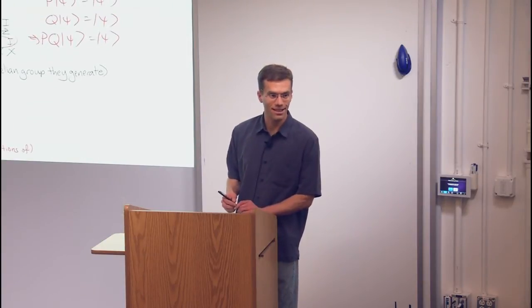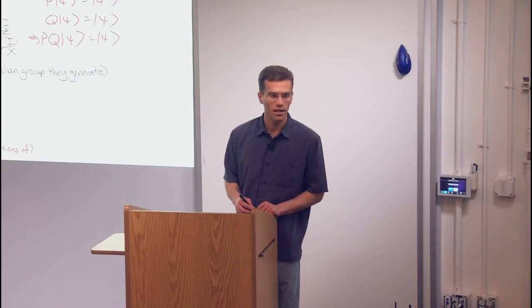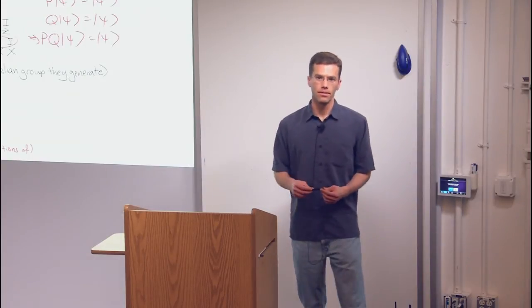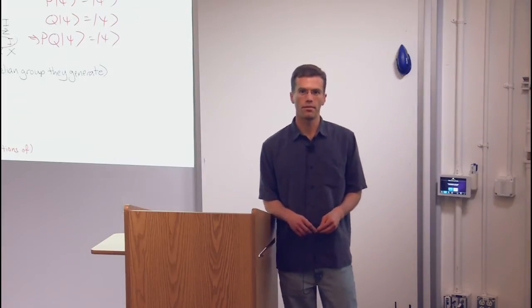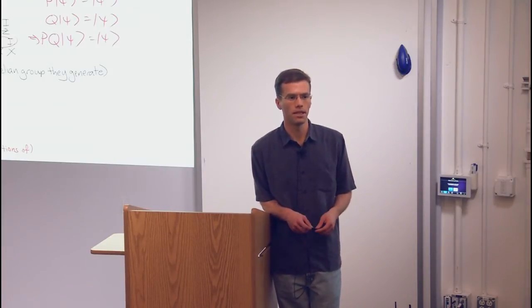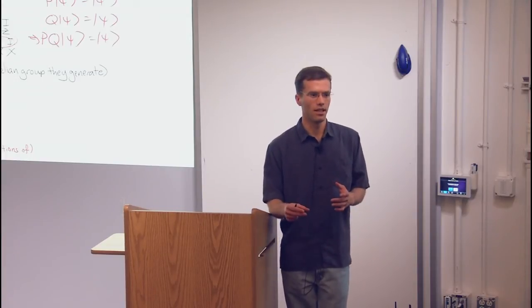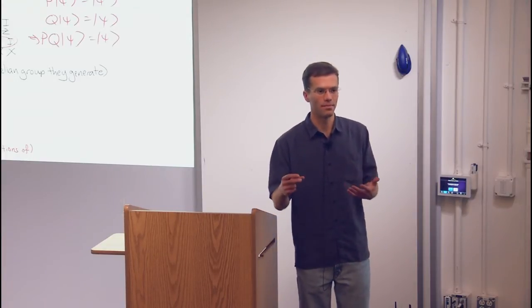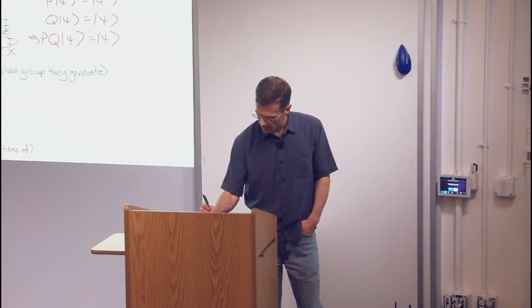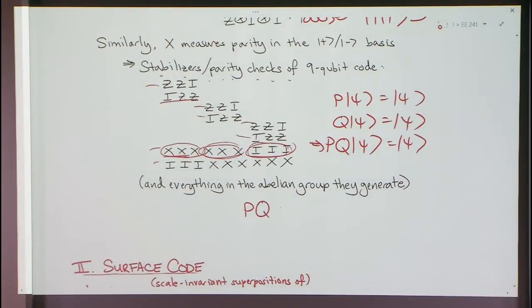I thought that the Pauli operators don't commute. Yeah, but they're taken in pairs. If you have a set of Pauli operators that don't commute, then it's impossible for them to simultaneously stabilize some state, right? Because if PQ is equal to minus QP, then if P psi is equal to psi, Q psi is equal to psi, and P and Q anti-commute, then you get a contradiction. That implies psi equals 0.